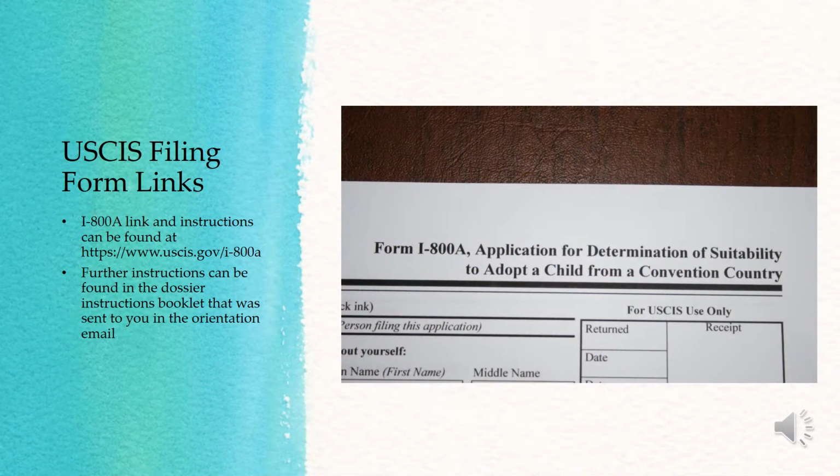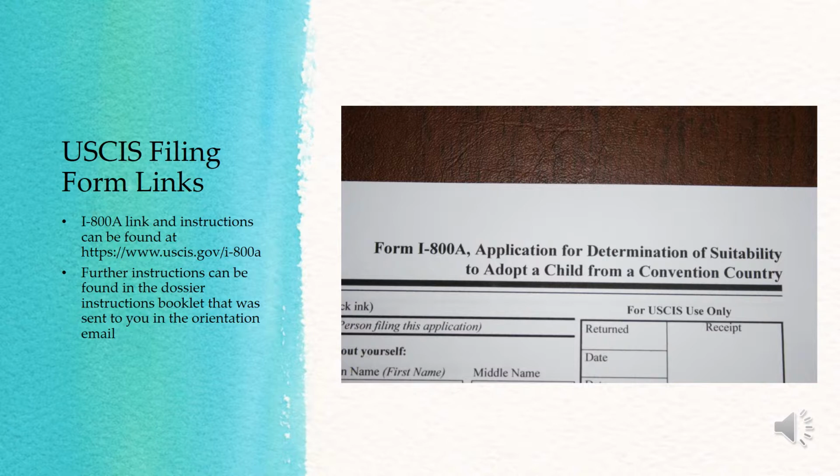Once your home study is completed, this can take anywhere from 2 to 4 months or longer, depending on how quickly you and your social worker are able to obtain documentation. You will be ready to file the Form I-800A, Application for Determination of Suitability to Adopt a Child from a Convention Country, with USCIS. This is a form that you will complete once your home study has been finalized, as